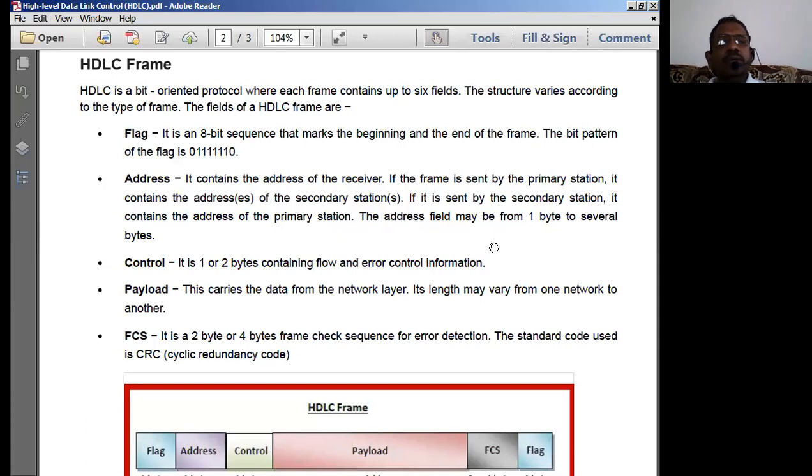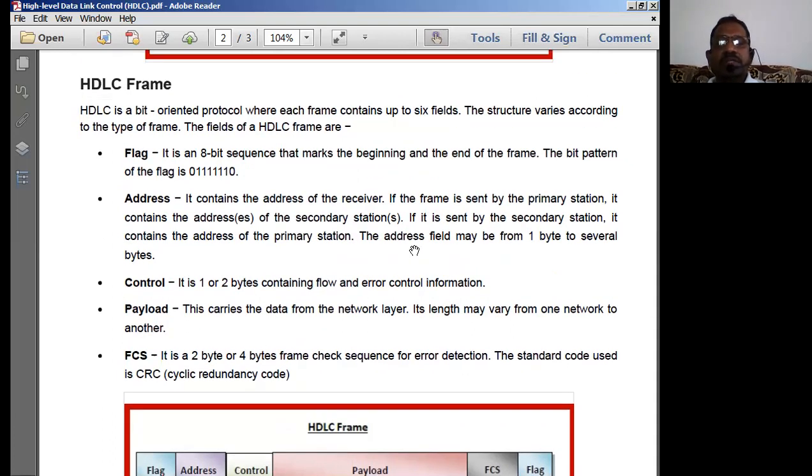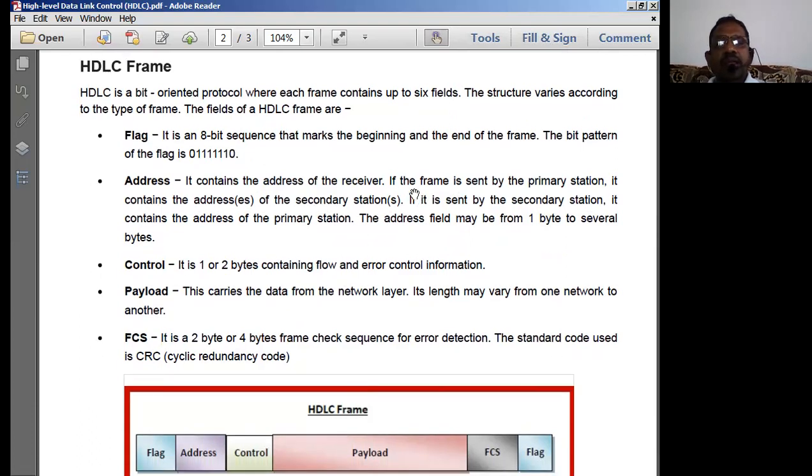Then next is going to be the HDLC frame, because the data coming out of the data link layer is going to come out like a frame. That means if the DLL layer is implementing the HDLC protocol to implement the functions of DLL, the DLL is normally going to give the output data in terms of a frame called an HDLC frame.